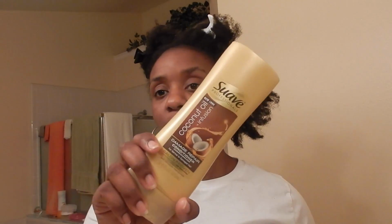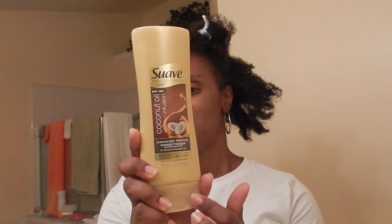But I'm using this Suave coconut oil infused damage repair conditioner, and it's not bad. Like I said, I'm not really big on buying expensive conditioner because this is going to be getting rinsed out immediately. Now, if I was leaving it in my hair, I would get something a little bit better. But